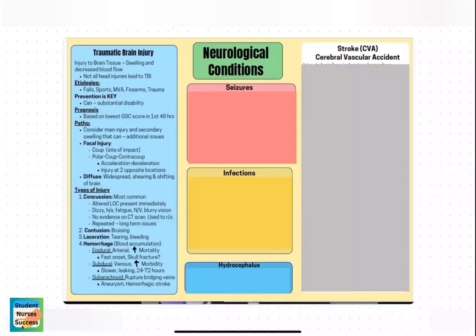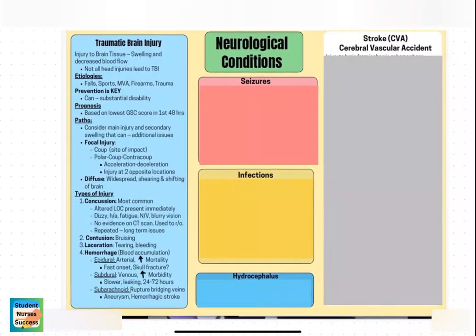I'd like to first begin and talk about traumatic brain injury. Traumatic brain injury is injury to the brain tissue that can cause swelling and eventual decreased blood flow to the brain tissue itself. Now, remember, whenever you have any change in either swelling in the brain or increased blood in the brain or increased cerebrospinal fluid in the brain, something has to give. And with traumatic brain injuries, what we see is the swelling from the injury starts to push on the structures of the brain, increase intracranial pressure, and decrease blood flow to the brain.